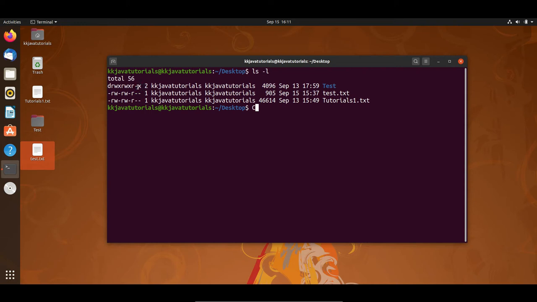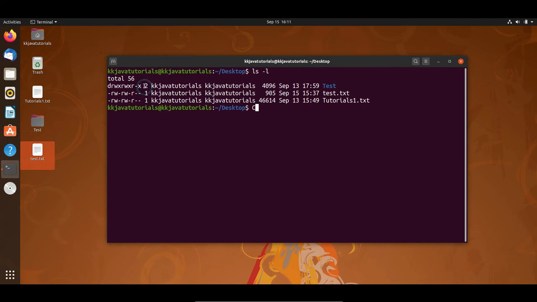But here you might be thinking, there is a dash. What does that represent? The first dash means file, but inside that, if you have a dash after that, then dash means no permission, right? So you have to understand these things. I hope you understood about this detail, the permissions about the directory or file. So you understood this one.